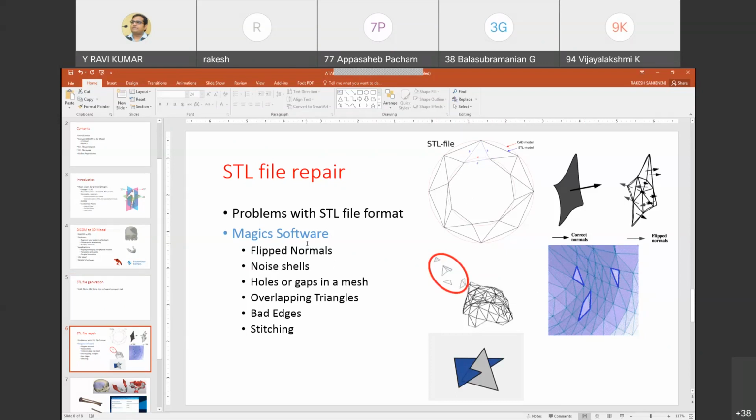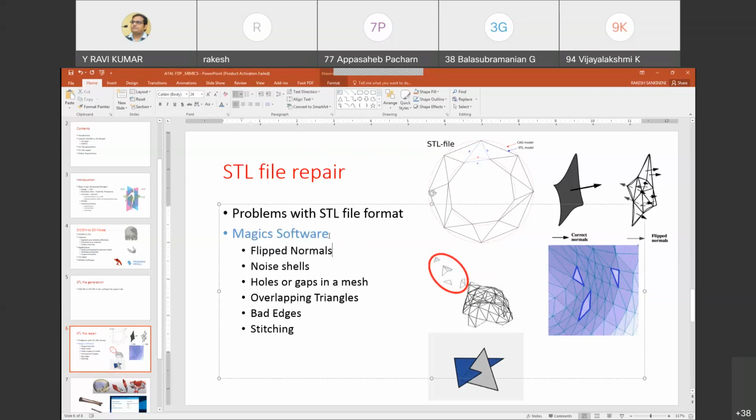Generally, these errors can be repaired through the Magics software, very powerful software, which removes these errors. What are the errors? While converting to the STL file, the triangle is formed with 3 vertices, 3 sides, and 1 normal.